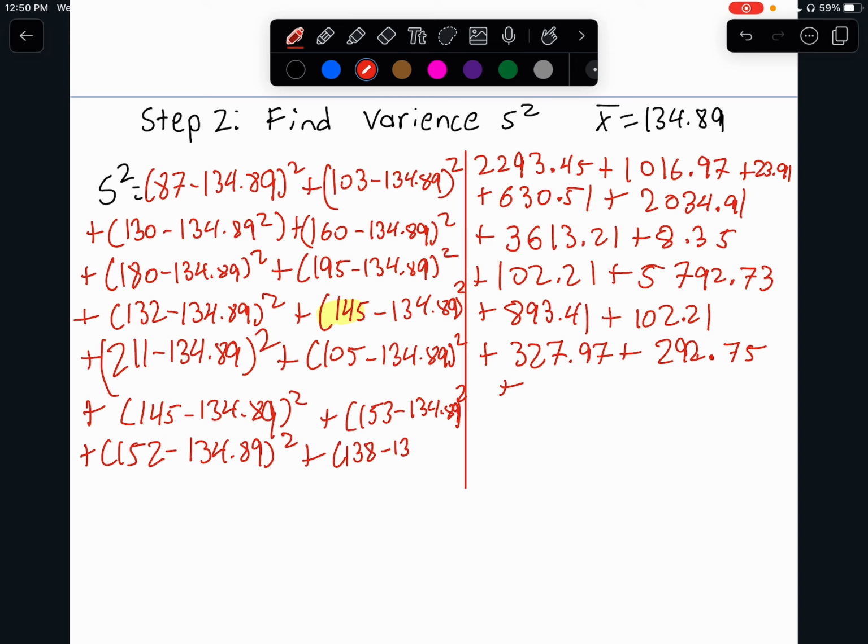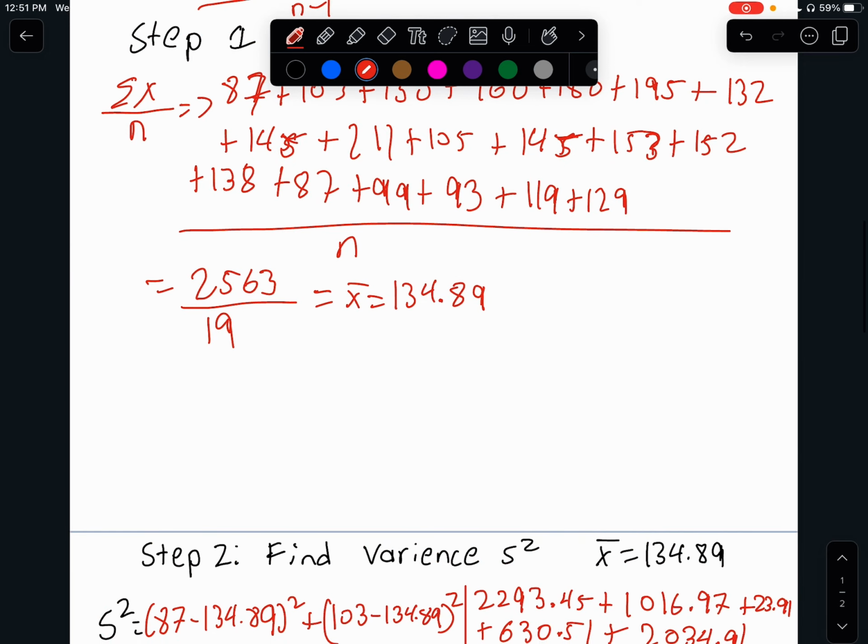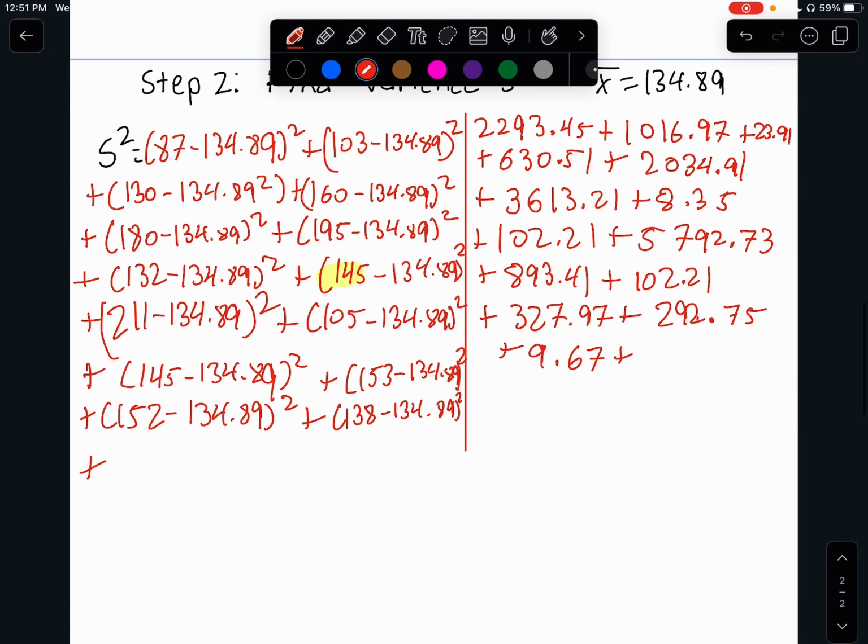138 minus 134.89 squared, so 138 minus 134.89 to the power of 2 equals 9.67 plus, right, 87 now. So we have 87 minus 134.89 squared, right? As you do the calculation, we get 2,293.45 plus